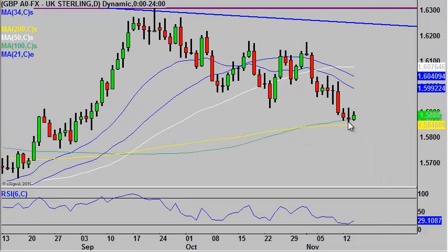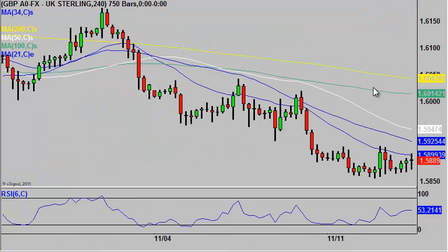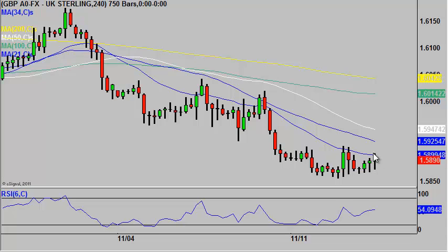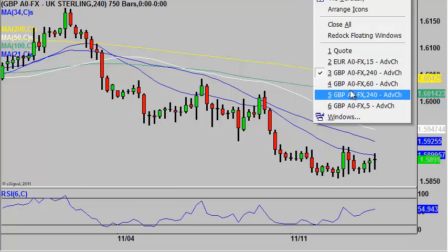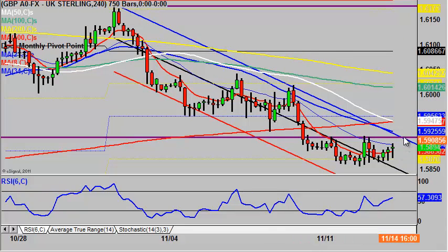Yesterday put a Gravestone Doji in there, so I'm right into its daily 100. Struggling a little bit more this morning from a 4 hour perspective. We're sort of not really going too far. If we actually come down to the 4 hour chart with the pivots and everything on, one thing I can